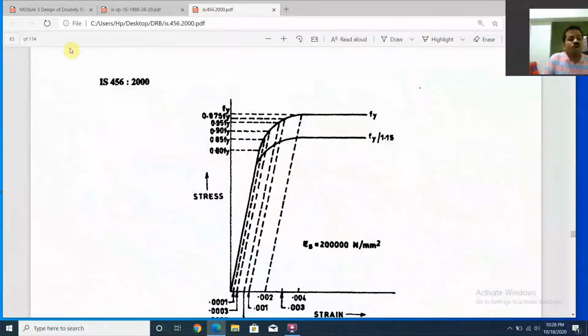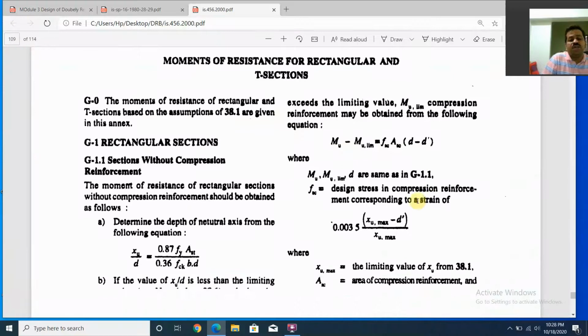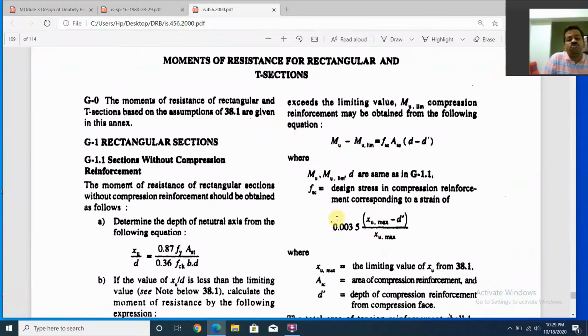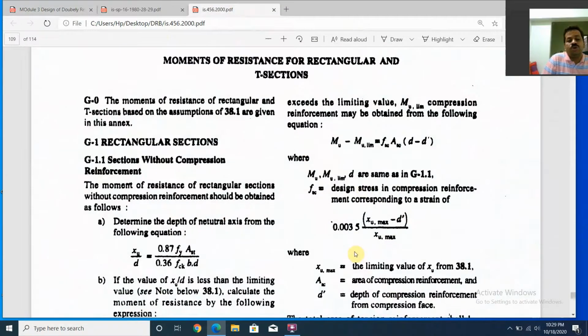A similar formula is given in the code book, page number 96. That's what I showed you: Mu minus Mu limit equals Fsc ASC times (d minus d dash). To find the strain, this is the equation given in the code book. A similar formula I have written in the notes here: ESC is equal to 0.0035 times (XU max minus d dash) by XU max, which is similar to what is written in the code book. And now to find out the FSC, we have